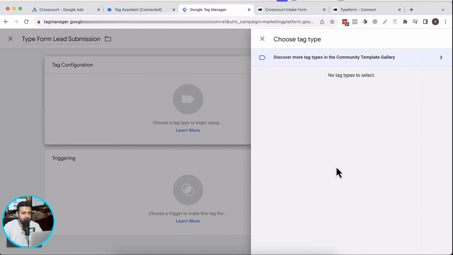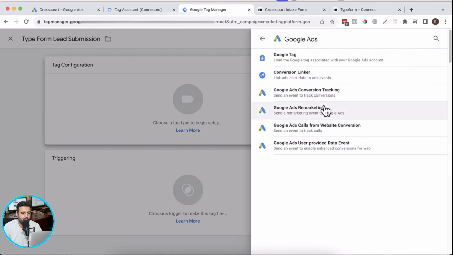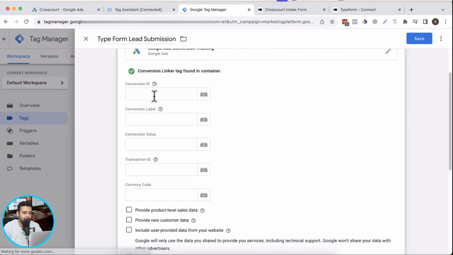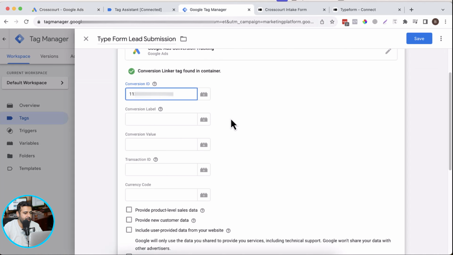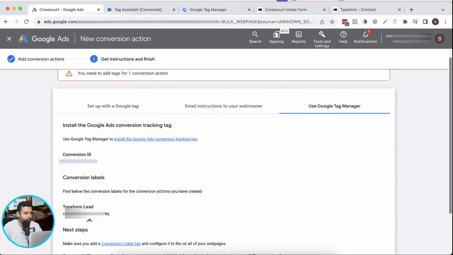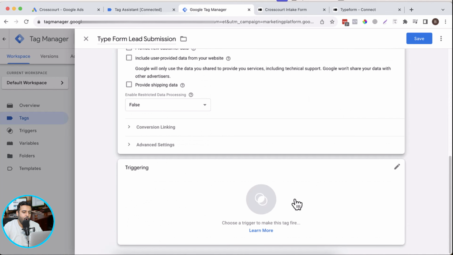And then in tag configuration, I'm going to select Google Ads here, and from there I'll select Google Ads conversion tracking. And now we will need to add in the conversion ID and conversion label from the Google Ads account, right? So I'm going to copy the Google Ads conversion ID and then copy the conversion label, paste it here, and then on triggering, we will need to trigger it on the custom event which we had on the Google Tag